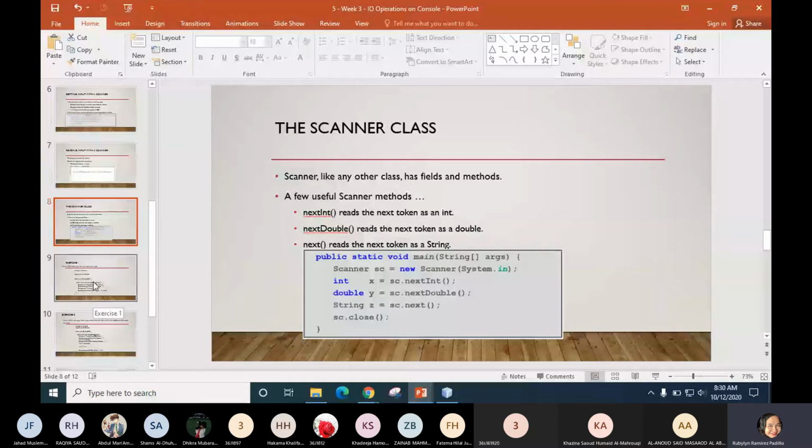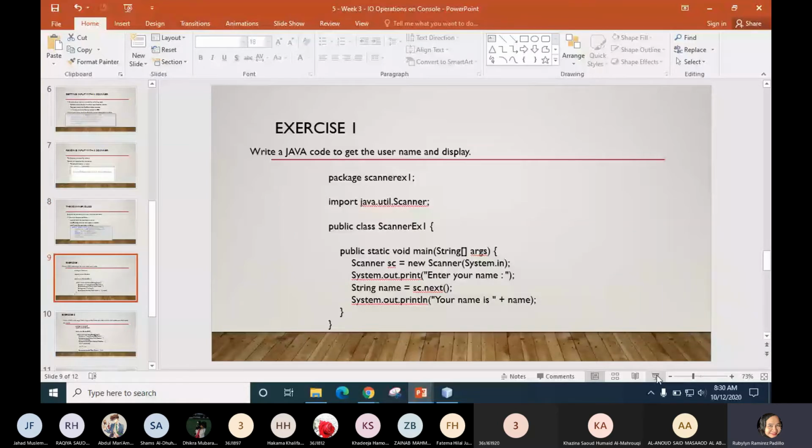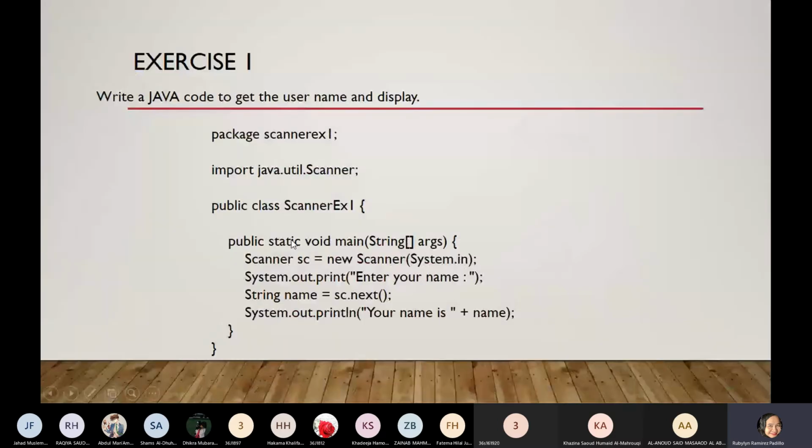Again, on this example, we have already our declaration of the Scanner. And then you have the prompt that says "enter the name." And this is the input method. This is similar to cin in C++. This is similar to cout in C++. Cout, cin. Okay, it's just longer. Cout, cin, and then cout. This is displaying the name which was entered. This simply inputs the name and displays the name. I will demonstrate this to you in our practical later.